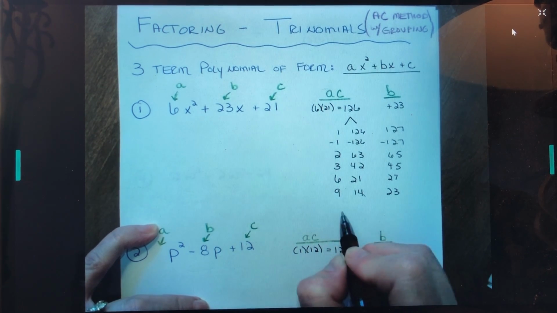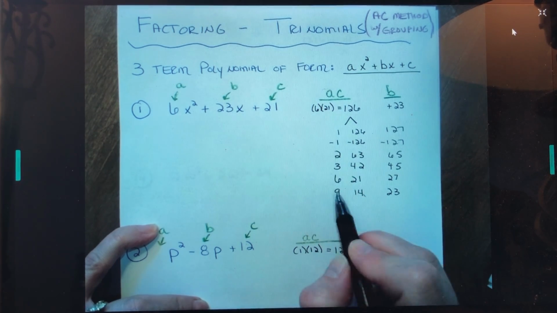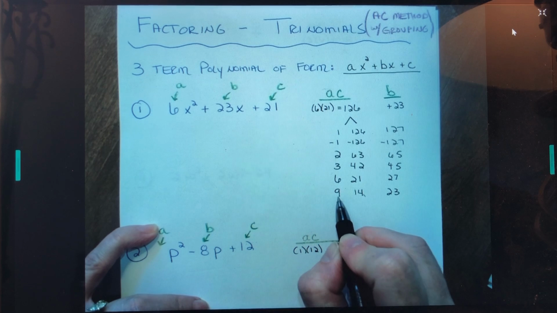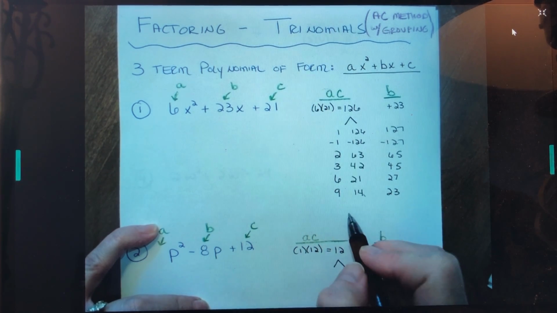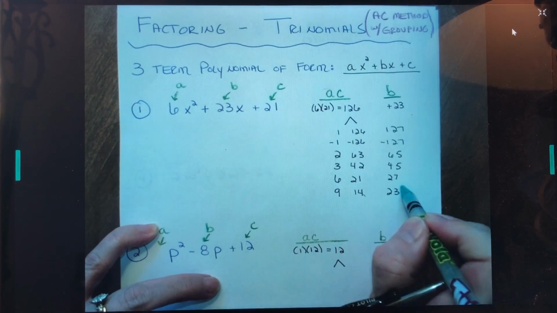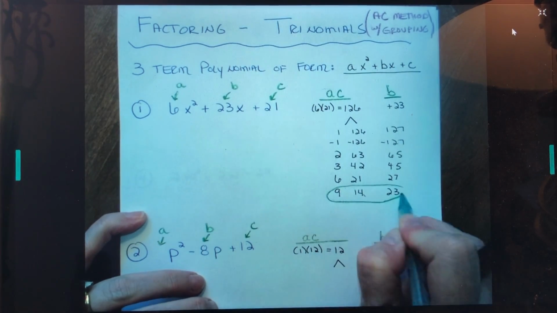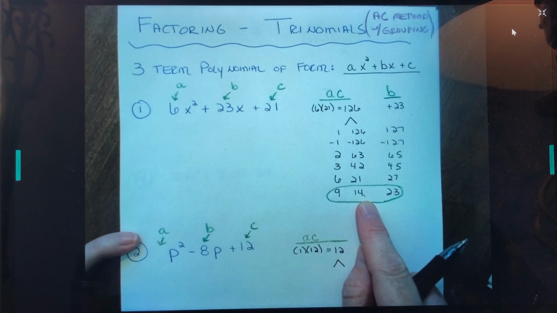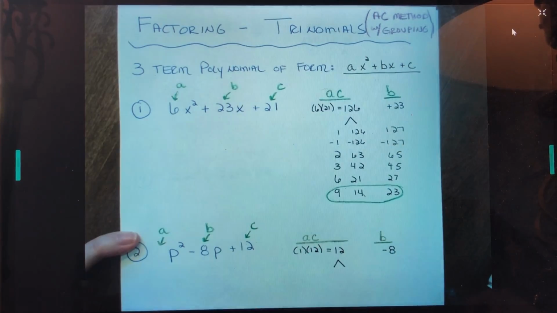And you know that you're done listing factor pairs if you're doing this process of counting up by 1 each time. If this list on the left catches up to this list on the right, then you know that you've listed all the factor pairs and you didn't miss any. But thankfully, we found the pair that we were looking for. So I call these my two magic numbers. These are the only two numbers that will allow me to factor this polynomial using the AC method with